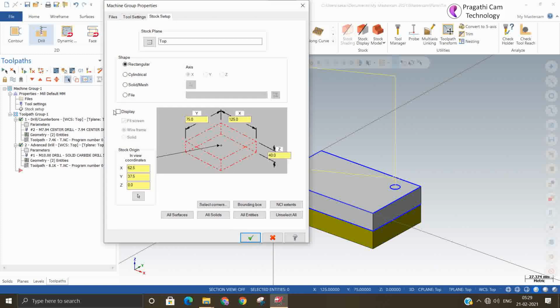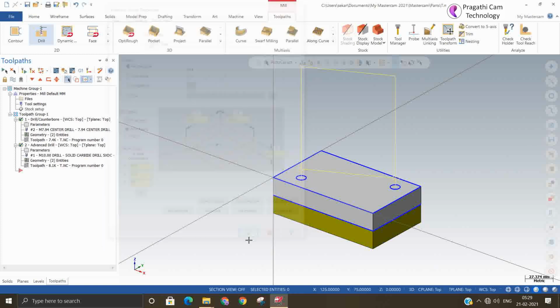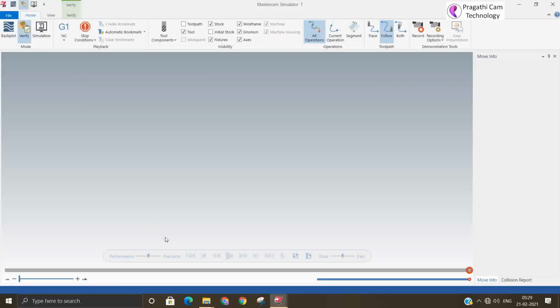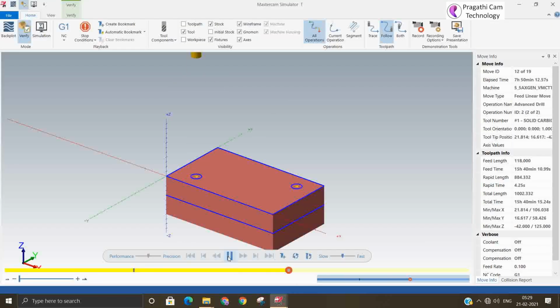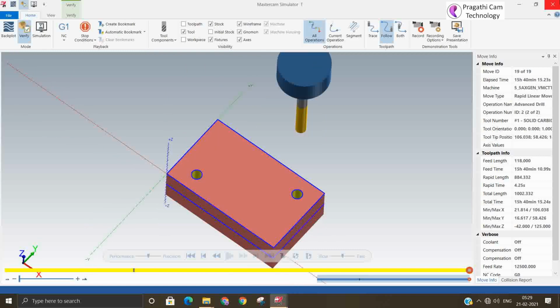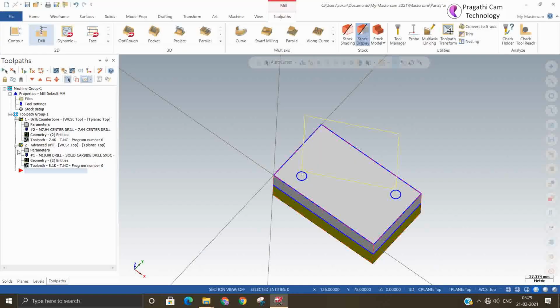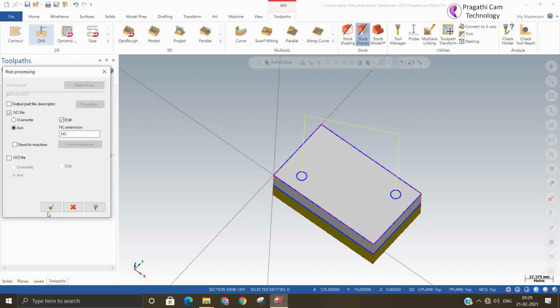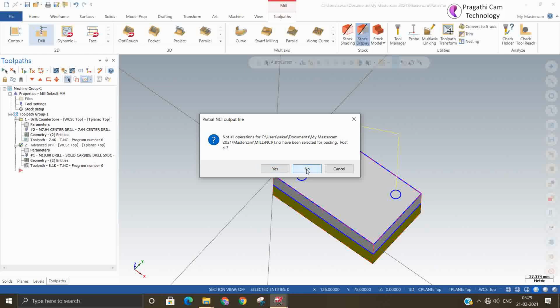And you can switch on the visibility. Okay. Now you can simulate. By simulation you cannot understand this. You need to generate the code, then only will you be able to understand this.